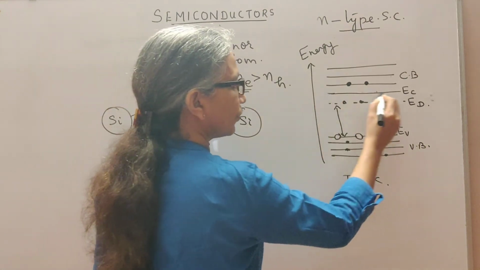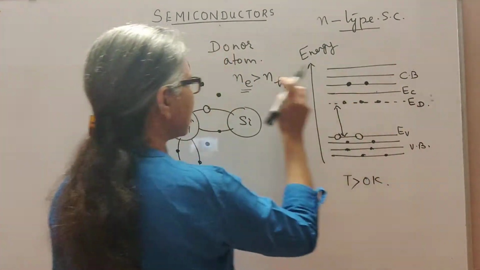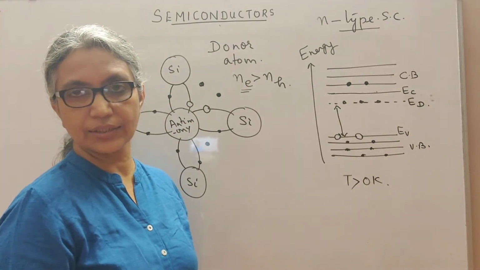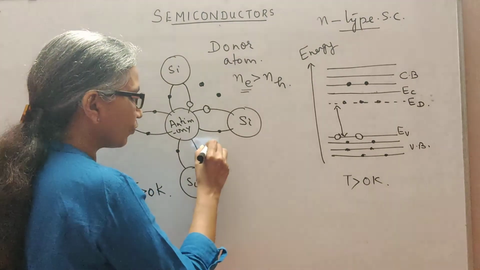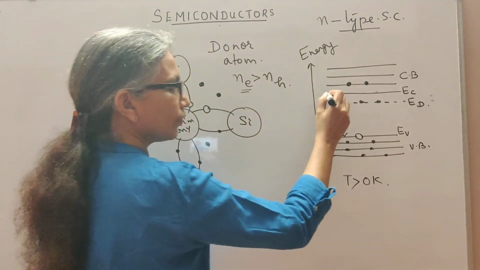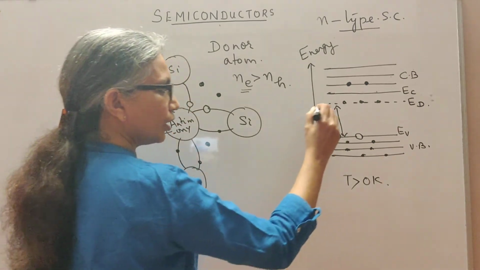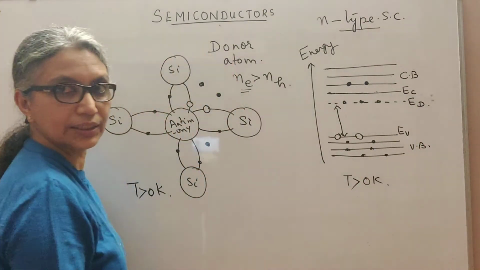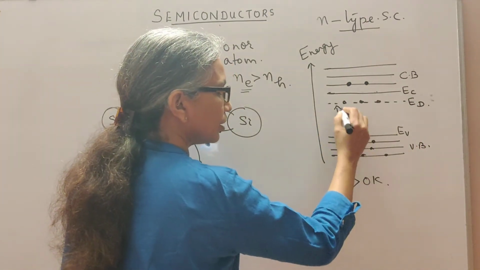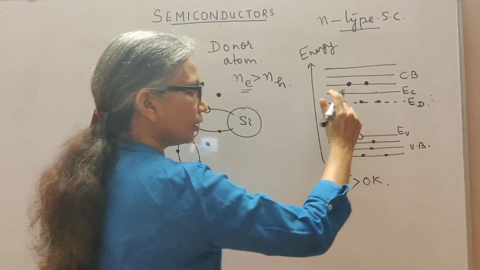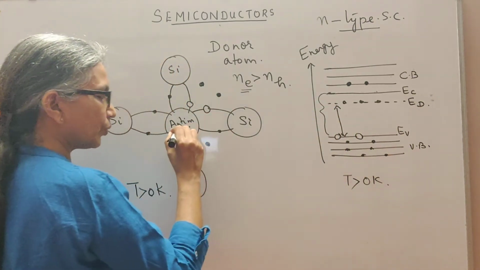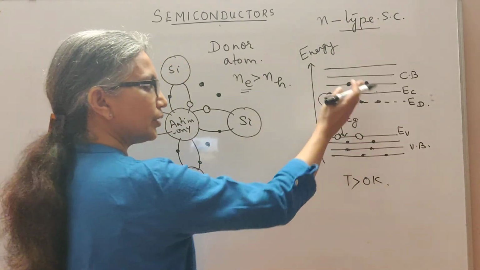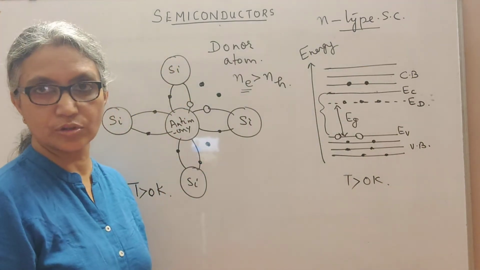So this energy level that we had drawn, this conduction band, was silicon. Now when you add an impurity, which we added as antimony, the electron provided by this antimony need not have the same range. So the range of energy possessed by the donor atom is what we have put with this dotted line, which we call ED, and you will see that this energy gap has been reduced. Initially it was this, now when you dope it with antimony, the energy gap has become this, and therefore it's easier for these electrons to excite themselves into the conduction band.